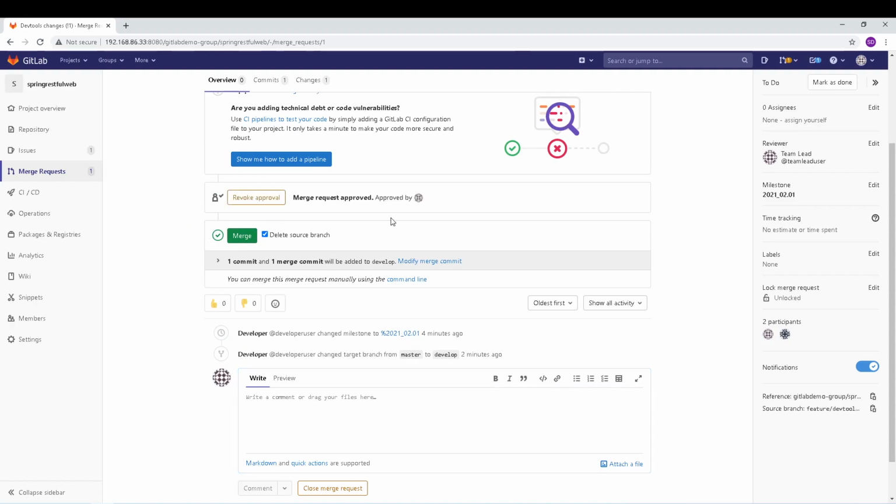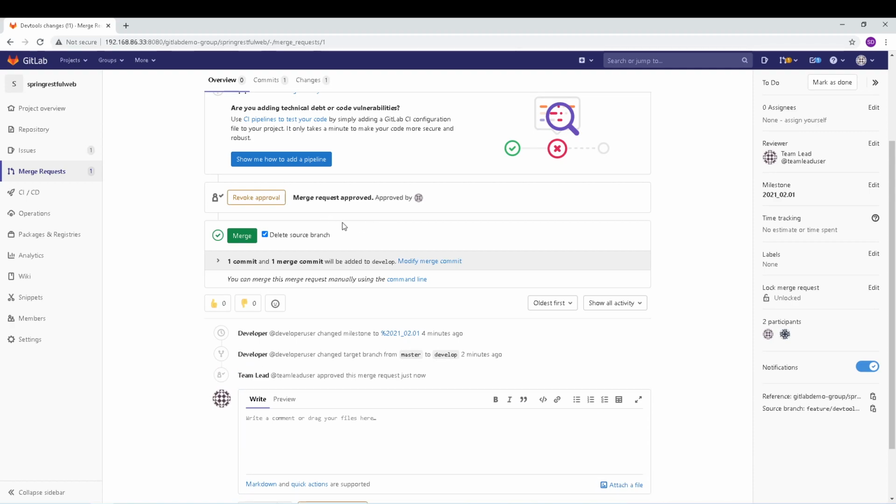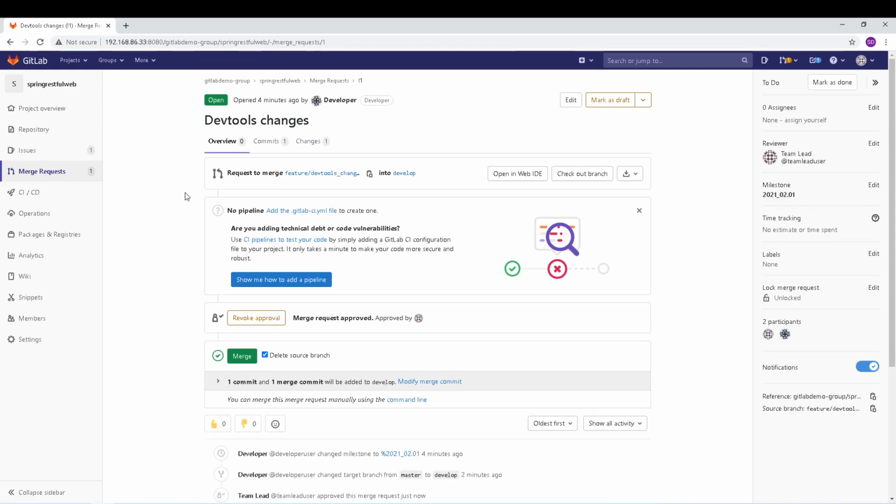So once you approve it, the merge request is ready. Okay, then I'm going to do a merge request. So you can see that there is an option that says delete source branch. So normally what we do is we do delete the feature branch, because that is something that we don't want to have after we merge to develop branch, right? Because if we keep on creating feature branches or keep those branches, then you will be having lots of branches,